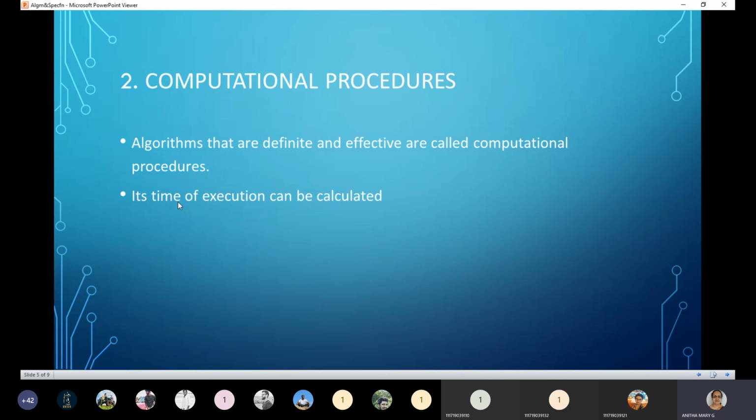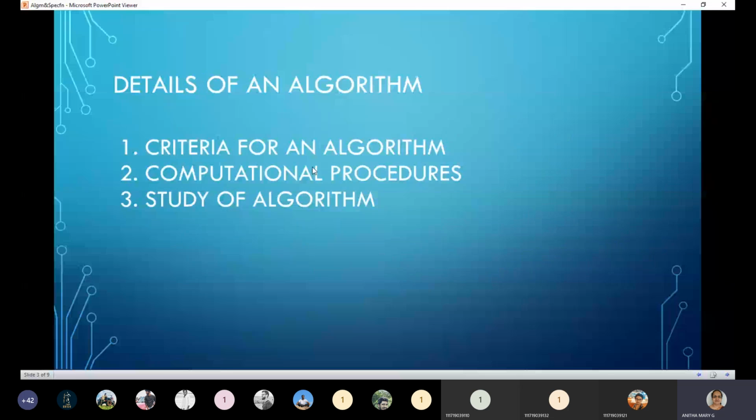The time calculated for those 10 iterations is the time of execution. Time of execution can be calculated for computational procedures because they are definite, finite and also effective. So this is the second one under details of an algorithm.